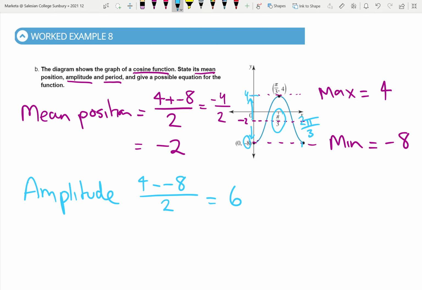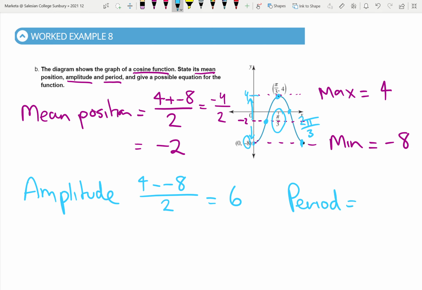Or you could count, 0 pi on 6, 2 pi on 6, 3 pi on 6, 4 pi on 6, if you wanted to do it like that as well. But I think it's a lot easier just to find that you've got the middle of the cos wave there. So that means our period,